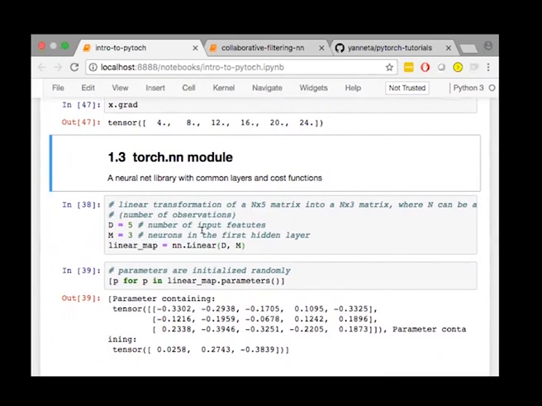So we have a times x plus b. Our parameters are a and b, right? So y hat equals a times x plus b. So a and b are our parameters, what we're trying to find, and this is a linear transformation, okay? The way you define that in PyTorch is by this